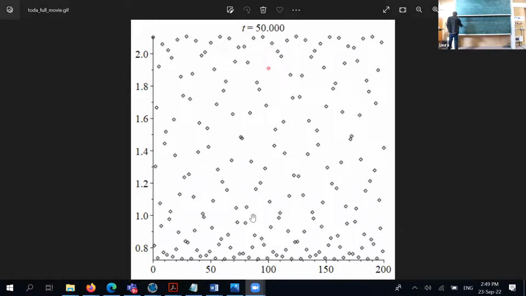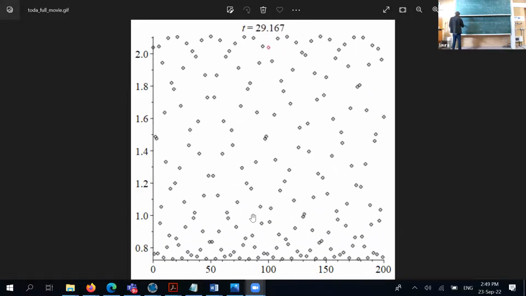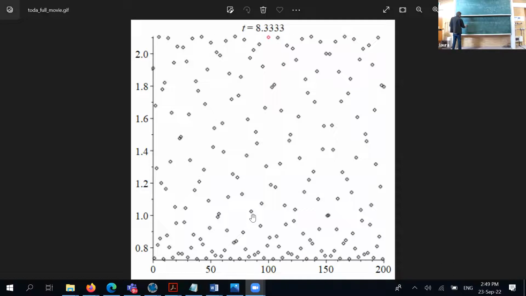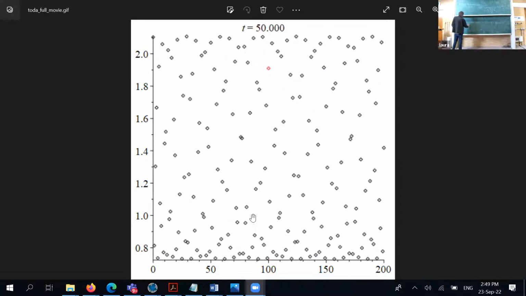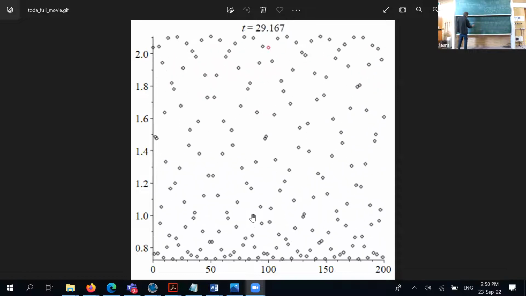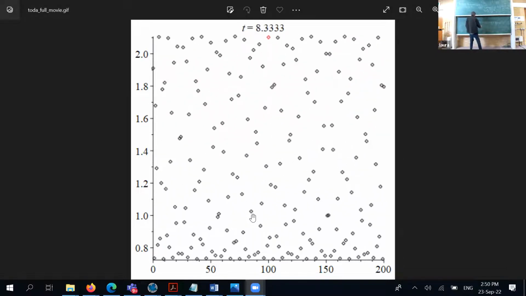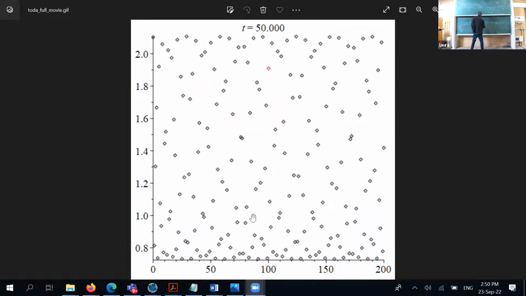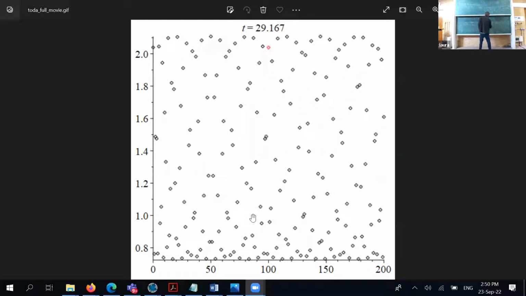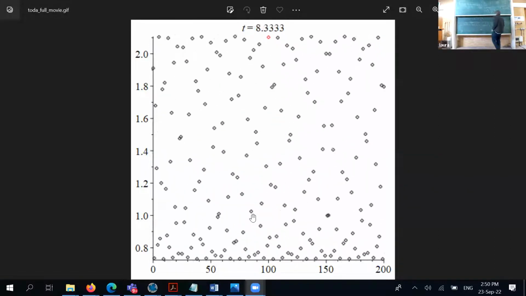I'm going to skip those details and just say the map for the coefficients of Pn and Qn is a symplectic map in dimension 2g